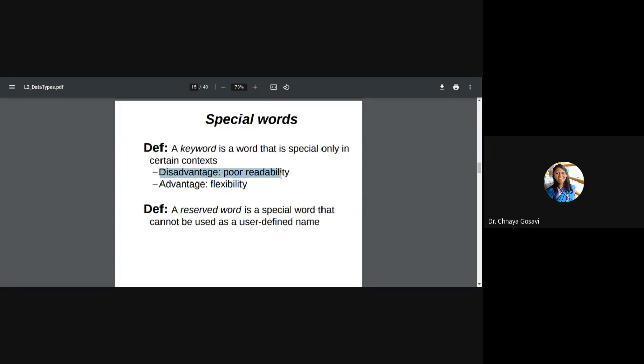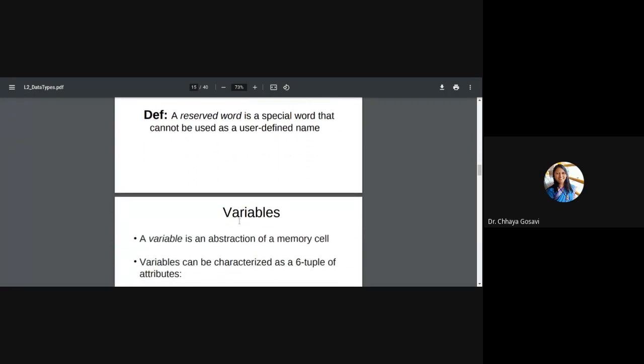This is the disadvantage of having no keywords or reserved words. If there are no reserved words in a language, then it is very difficult to read the program, to tell whether something is a reserved word or a variable. And the advantage is flexibility: you can use any name as a variable name. A reserved word is a special word that cannot be used as a user-defined name.